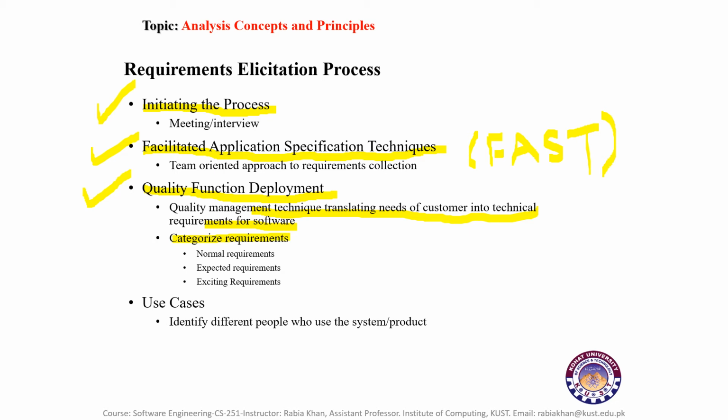One is the normal requirements. What are the normal requirements? The objectives and goals that are stated for a product or system during the meeting with the customer are the normal requirements. Those requirements which are explicitly told by the customer to the developer are the normal requirements. If these requirements are present, the customer is satisfied with their software. For example,